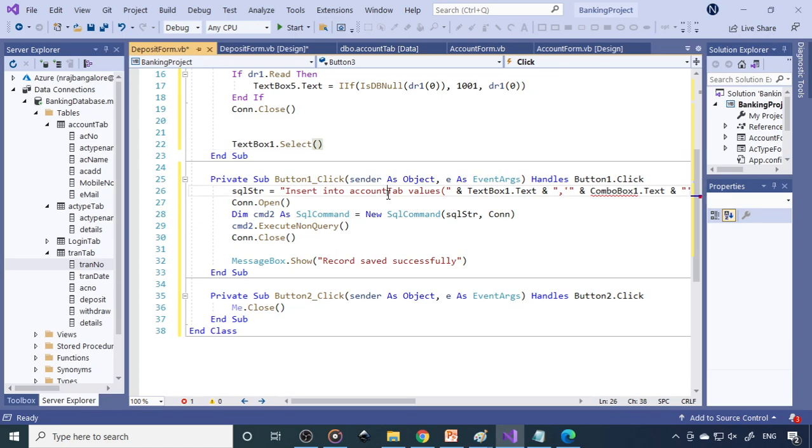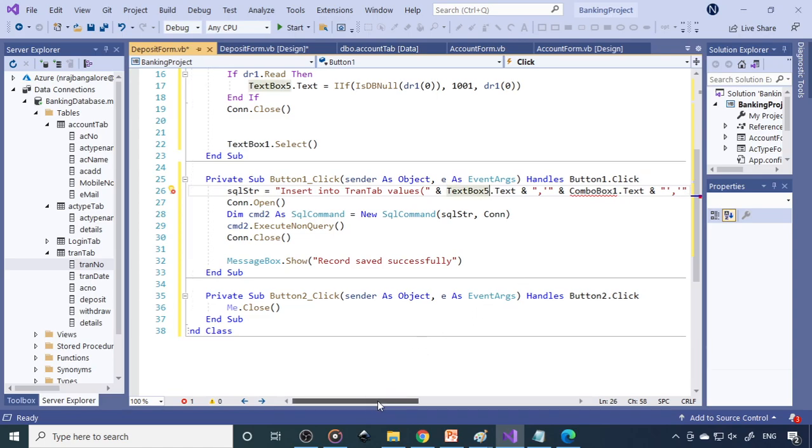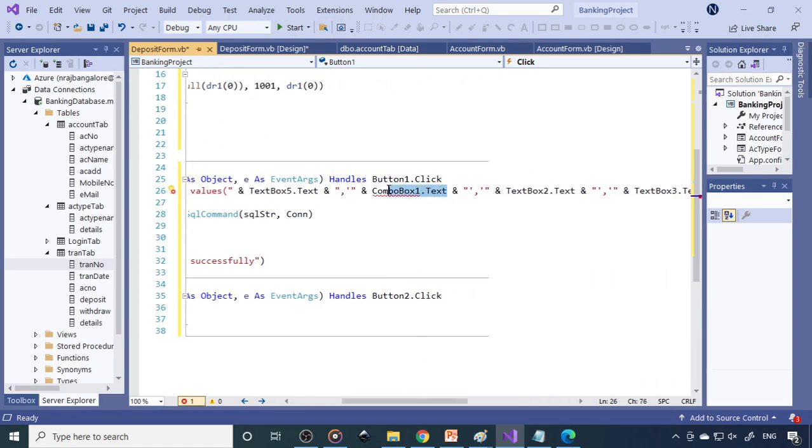Now insert into transaction table. So this is the transaction table, and the first one is text box 5 because that is where the number is. Now that is very important, transaction date. For transaction date you have to take the current date.